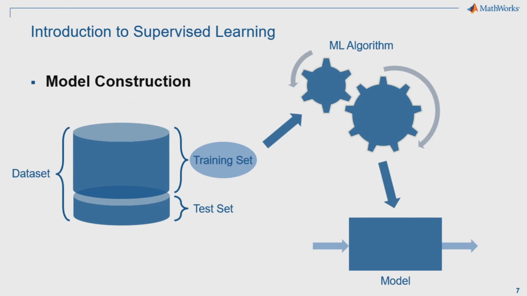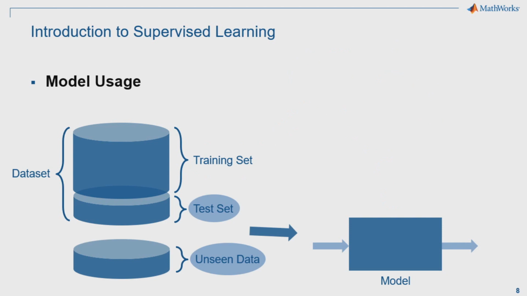This is a graphic representation of what I already said. In model construction, we just take a part of our data set called a training set. We use this part to train our machine learning algorithm, and this, after a bit of tuning, will give us a model. This model will then be used with the remaining part of our dataset, which is called the test set, and with the test set we are going to test our model and see what the inference capability of